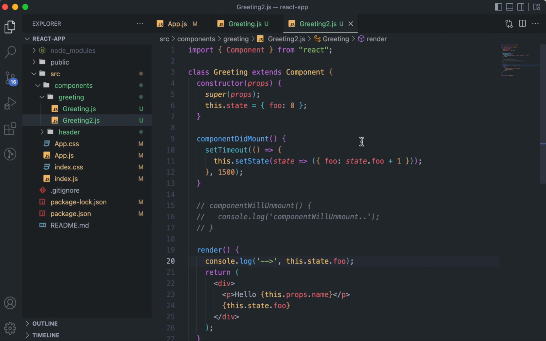So what is happening is the double mount problem, right? We know that now we are mounting it 2 times. That is the problem. If we are mounting it 2 times, then what is happening? The first time this setTimeout is called, and then you remount it, then again setTimeout is called, and then what is happening is that